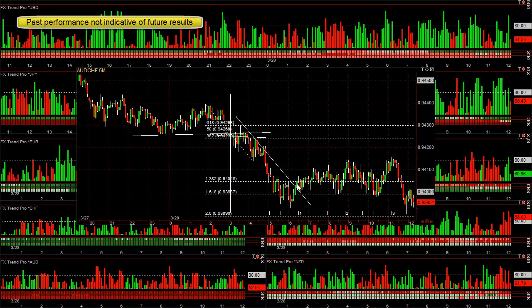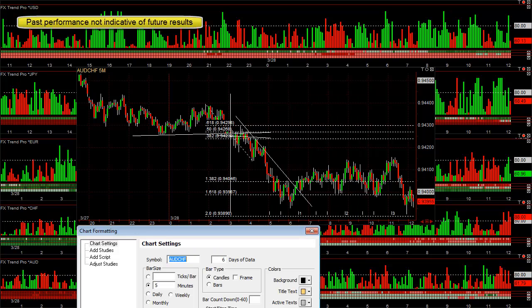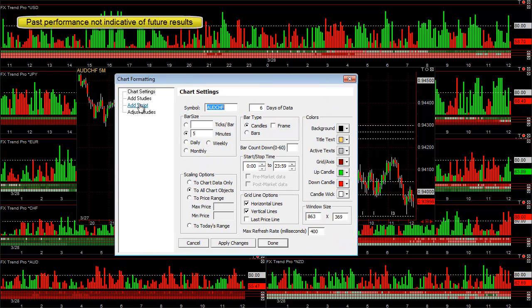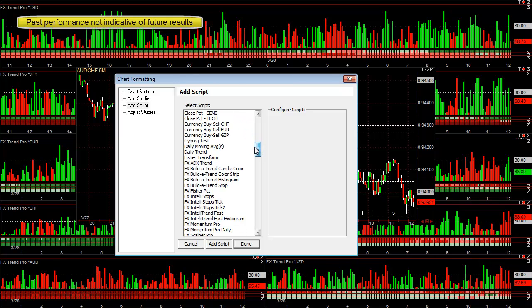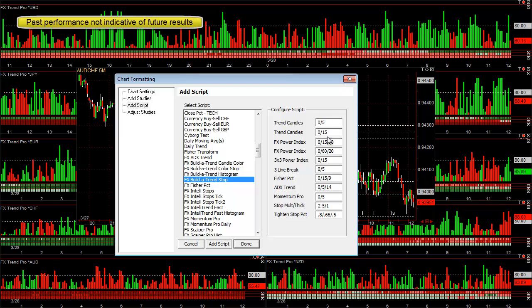The FX build your own stop is the best stop we have in the software. We typically run this on range charts, but it only works in real time. FX build a trend stop. This allows you to use our best statistical tools in any weights, any settings, any time frames you want, and